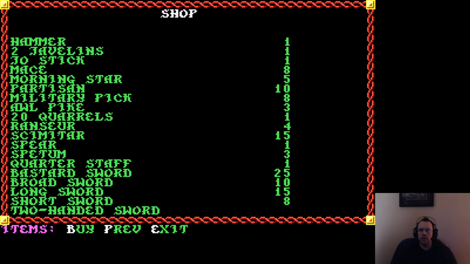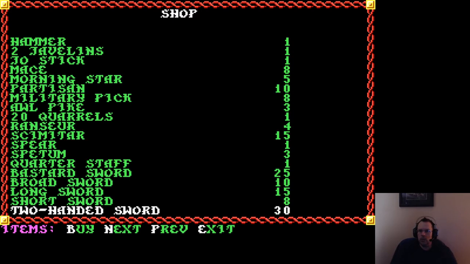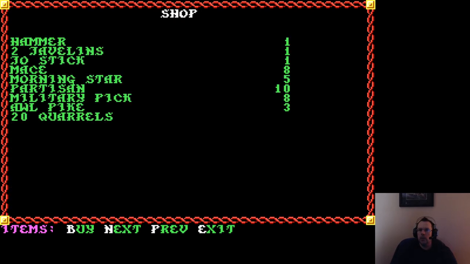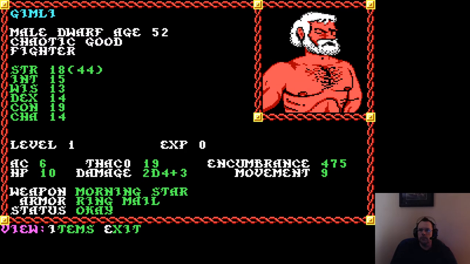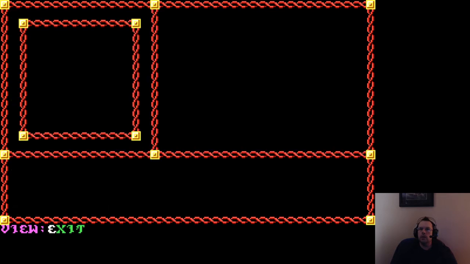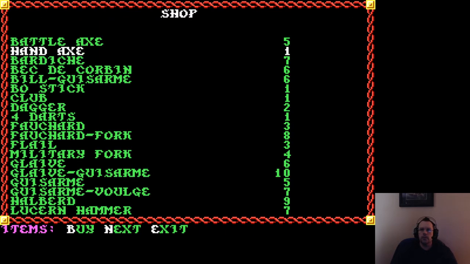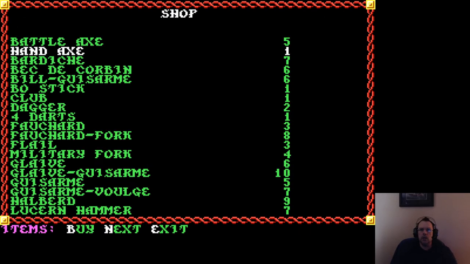And then the weapon. How much are shields? 15. Okay, so we'll buy a shield. And then we'll buy a Morning Star. Yeah, that's pretty good. Okay. Rygar, what is... That's the cleric fighter. I'm going to have him use a pole arm. Well, wait, let me check armor class. Yeah, armor class 8. So we'll have him use a...